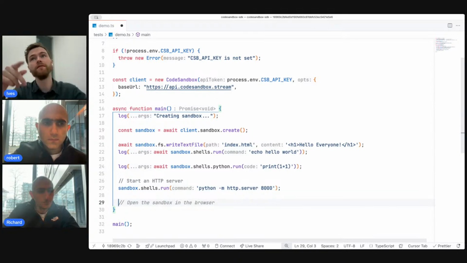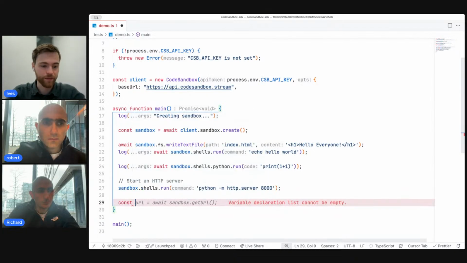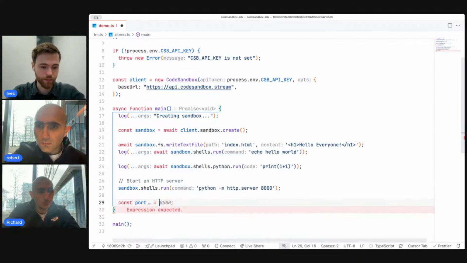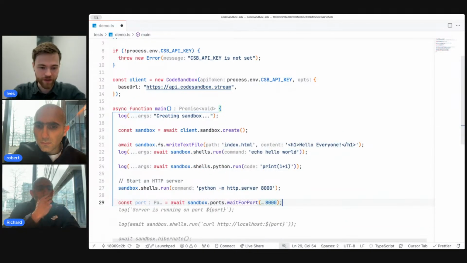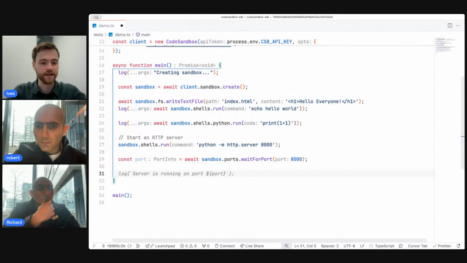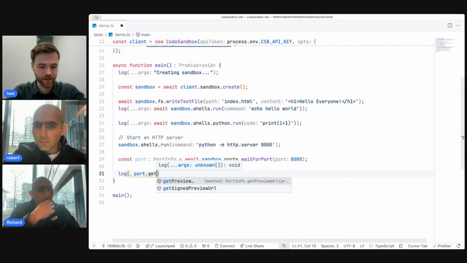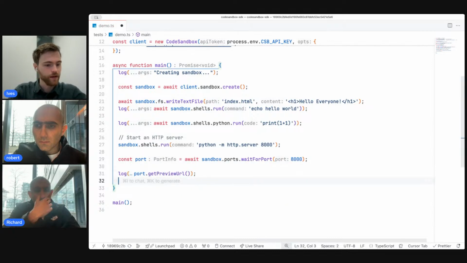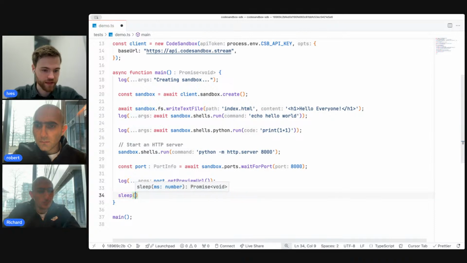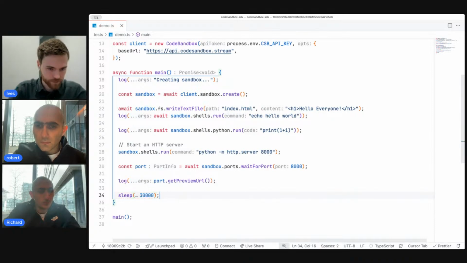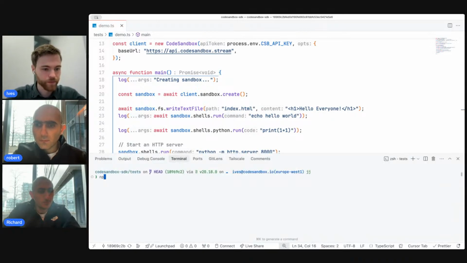And for every port that we open inside the sandbox, we also generate a URL that you can share with people to look at. So I can now wait for that port to open. I can do port is await sandbox.port, wait for port 8000, and I get a URL back that I can now log. I can do port.getPreviewURL. And now let's sleep for a while. Let's say 30 seconds. So now if I execute this code,